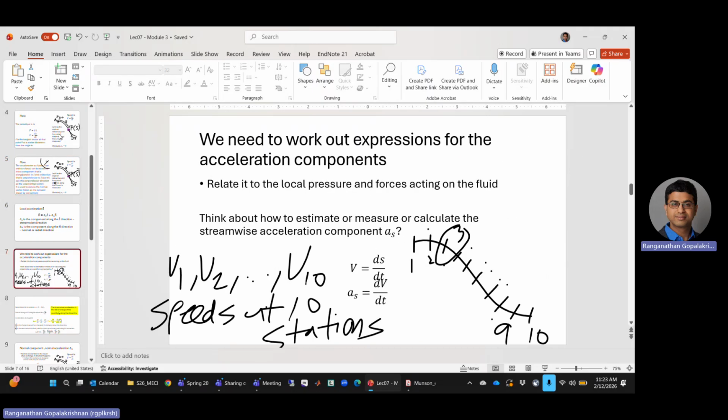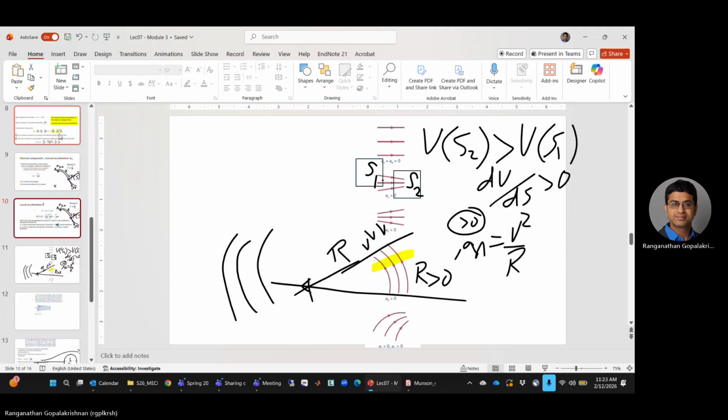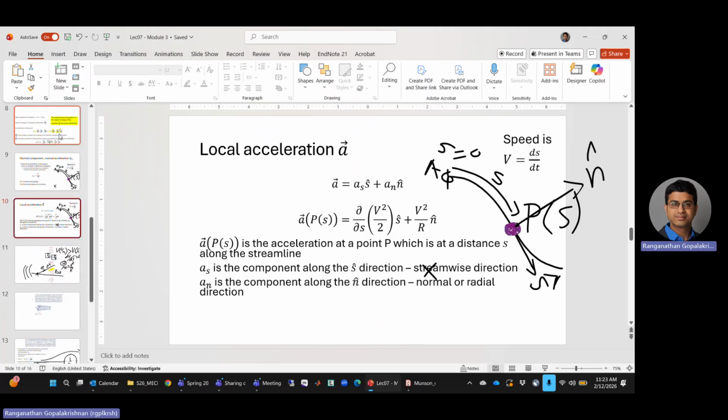So by definition, it has to be along the path of the streamline. And even if that is the case, the acceleration of the fluid can be arbitrary, because the force that is causing it need not be along the streamline, which means the acceleration, whatever its direction, can be resolved into a streamwise component and a normal component. We wrote out expressions for both of them as a function of the local velocity and the local radius of curvature. Do you remember this?